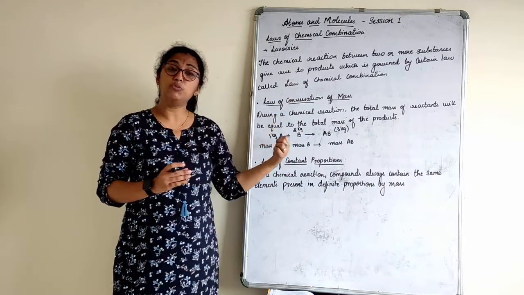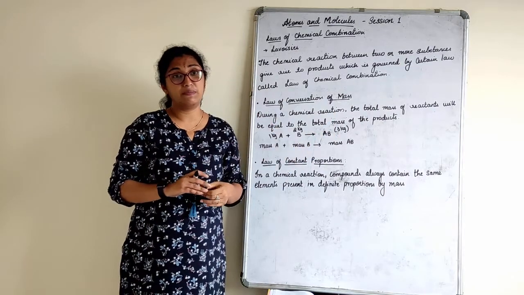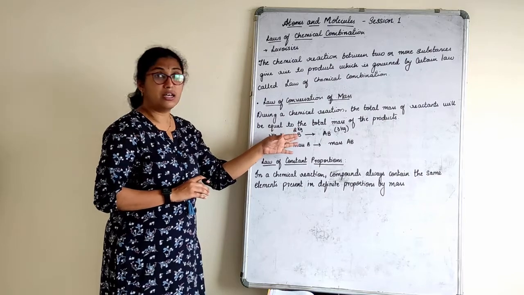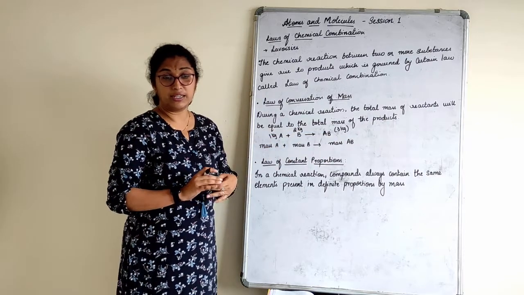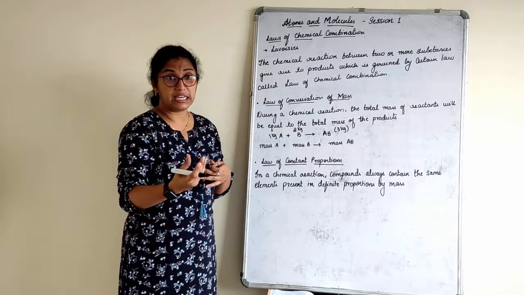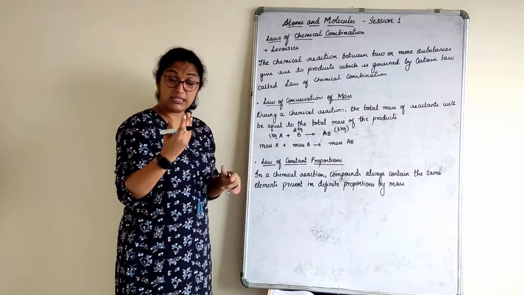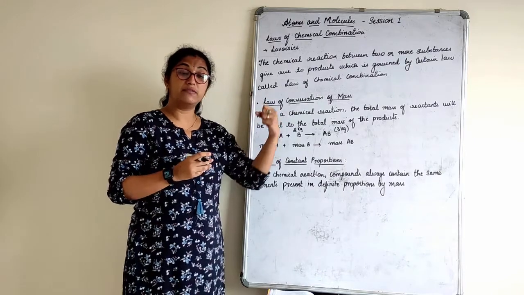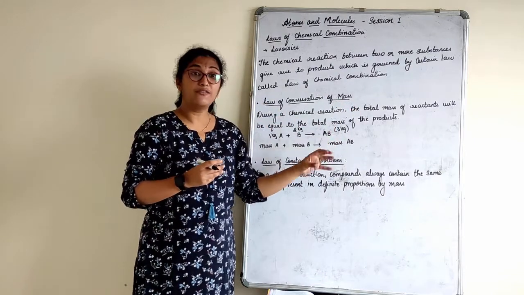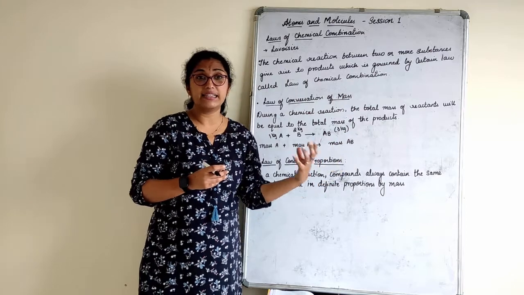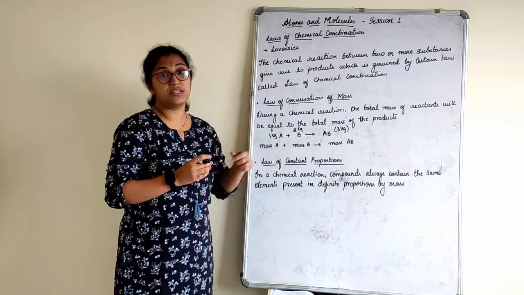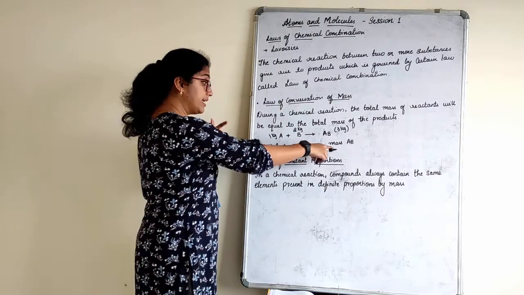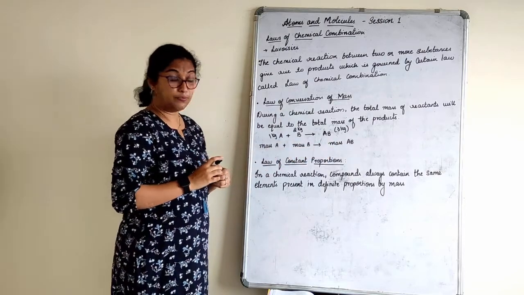You will have some basic numericals on this later in this chapter. Suppose I take carbon plus oxygen, I get carbon dioxide, right? What amount of carbon is taken? What mass? Then we have to calculate mass, children. What amount of carbon is taken? What amount of oxygen is taken? And what amount of carbon dioxide do I get? It is the same combination as what I get here. So mass A plus mass B is what I get here as mass AB, right?